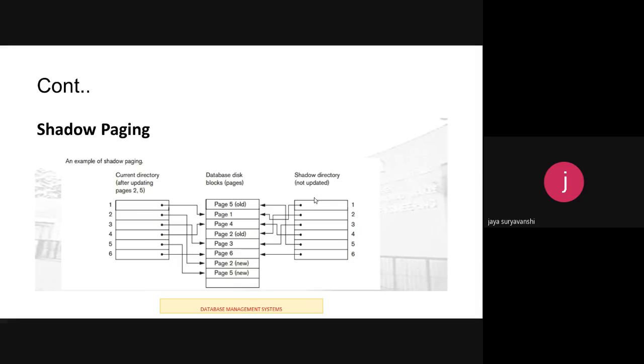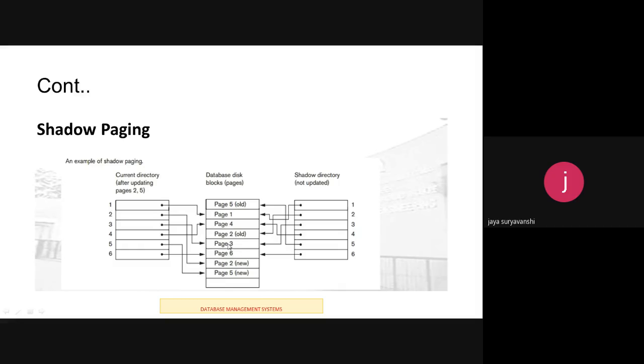So checkpoint is again one method through which we can recover the database. The third one is the shadow paging method. This is shown in the diagram, which gives an example of shadow paging. Shadow paging does not require the use of a log in a single user environment. In this scheme, the database is considered to be made up of a number of fixed size disk pages, or blocks, for recovery purposes. A directory with n entries is created. The ith entry points to the ith database page on the disk, and this directory is kept in main memory. So it holds a reference to all the reads or writes to the database pages.